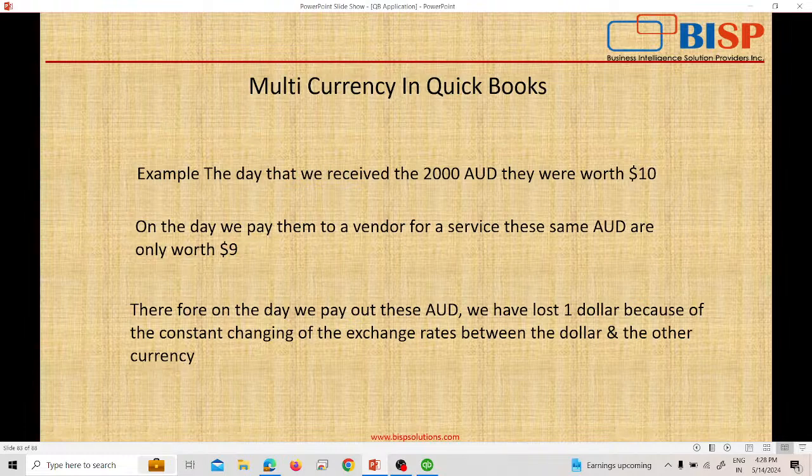So there are two types of transactions: transactions that are converted at the moment of the transaction, and the transaction physically made by receiving, paying or transferring the second currency. Okay,